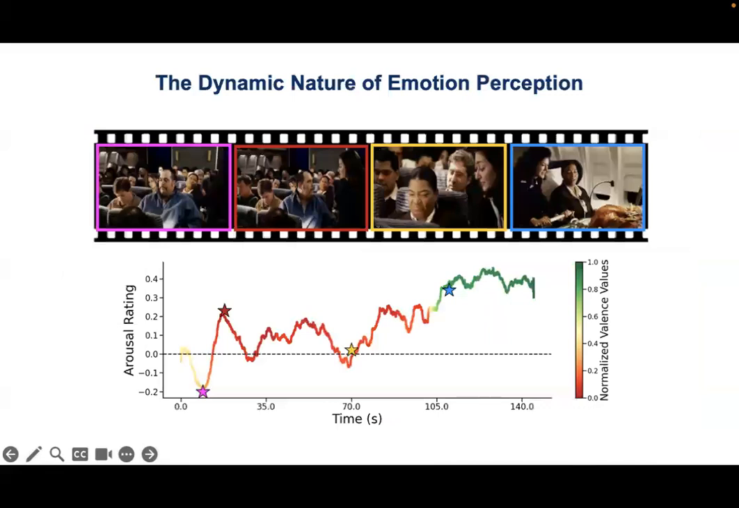This is just, again, a new example of the dynamic nature of emotion perception in another video in our dataset. The frames up here correspond to different points on this graph here, and they're color-coded. As you can see, the target character here is actually this woman seated back here. And she seems very calm and relaxed in the beginning. And you can see that the arousal shows that. The arousal is low,